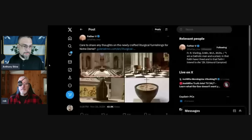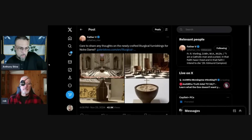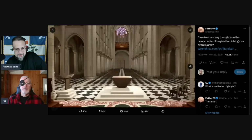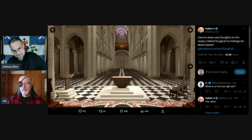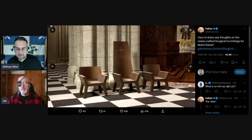So we go here, Father V on X, a good follow, conservative, ordinary form priest, says, care to share any thoughts on the newly crafted liturgical furnishings for Notre Dame? So let's take a look at this. There, that's your altar. Oh, Lord. Right. So they couldn't help themselves. Okay. And then we go, here's your presider, and I guess for two deacons or an altar server or a bishop,